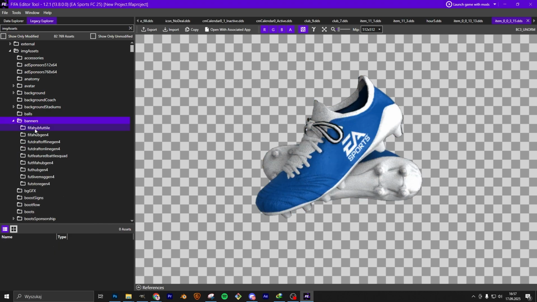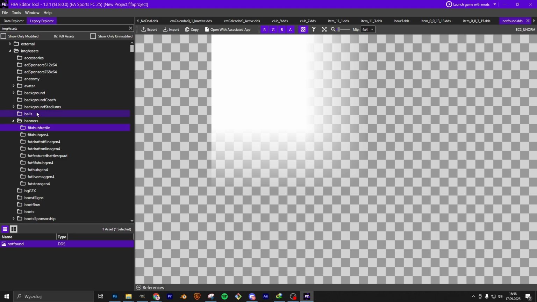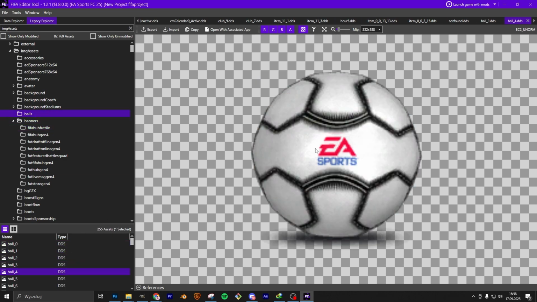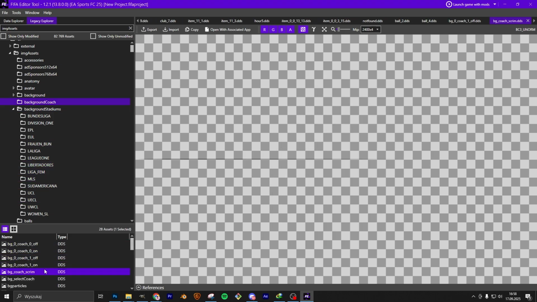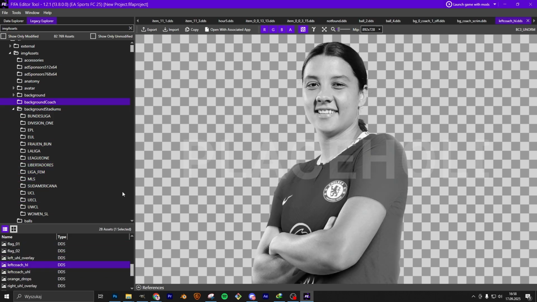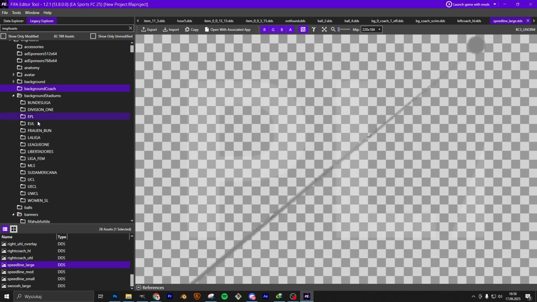I don't know when FIFA will release the FIFA editor tool for FC26, but maybe October, maybe November. Event balls, background stadiums, background coach, some cars, for example, from FIFA